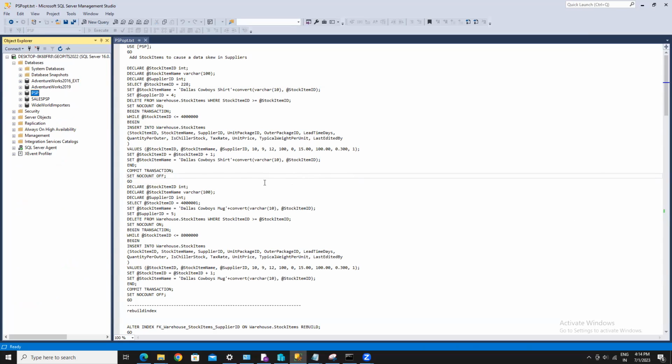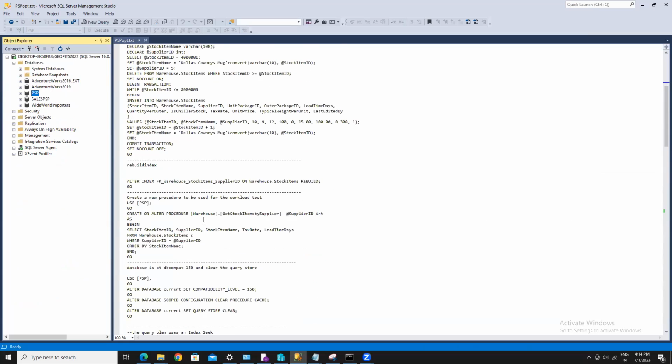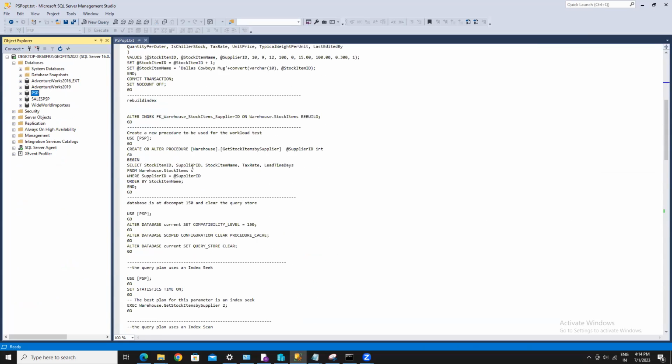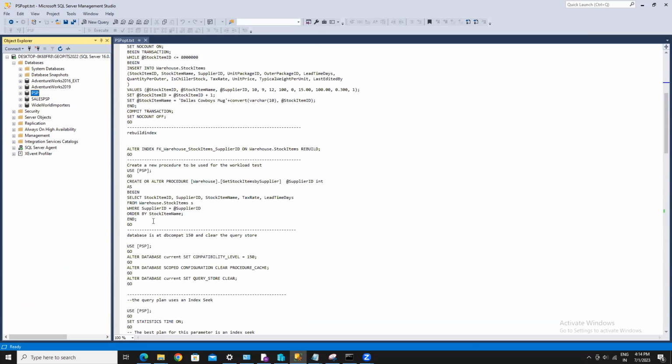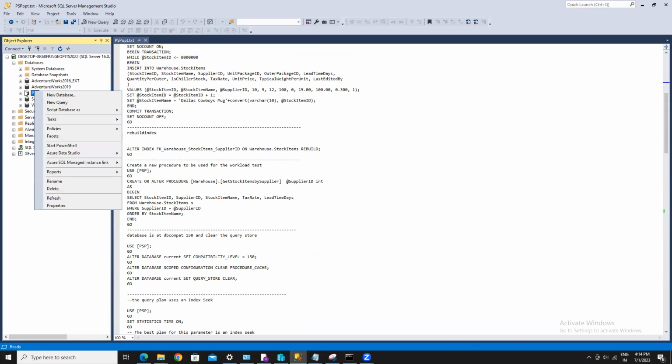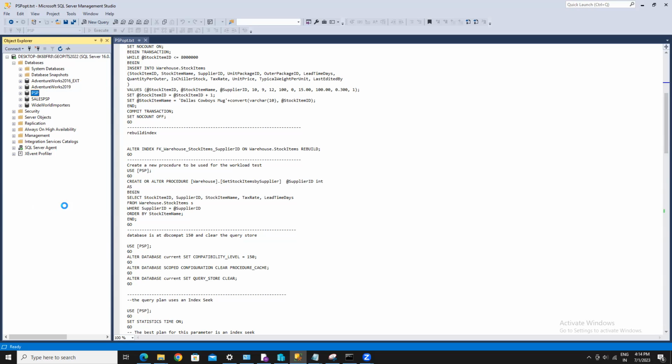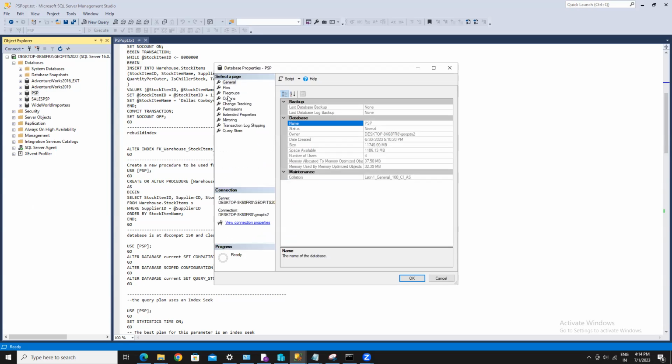I have generated and populated all the data previously. These are all the data I have populated, and along with that I have created a procedure.